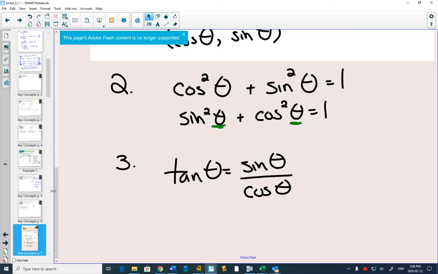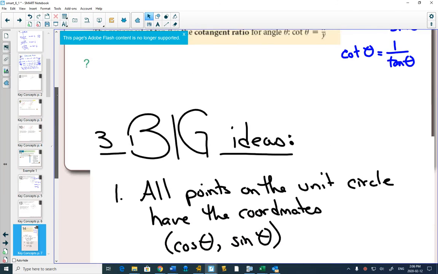And so if you get stuck on a question in this unit, like I'm not quite sure how I'm going to solve this, often you just need to say, well, what were the 3 big ideas? And maybe one of those big ideas would help me. The most important one is the first one, that any point on the unit circle has these coordinates. And in fact, big idea number 1 explains the cast rule. If you think about it,